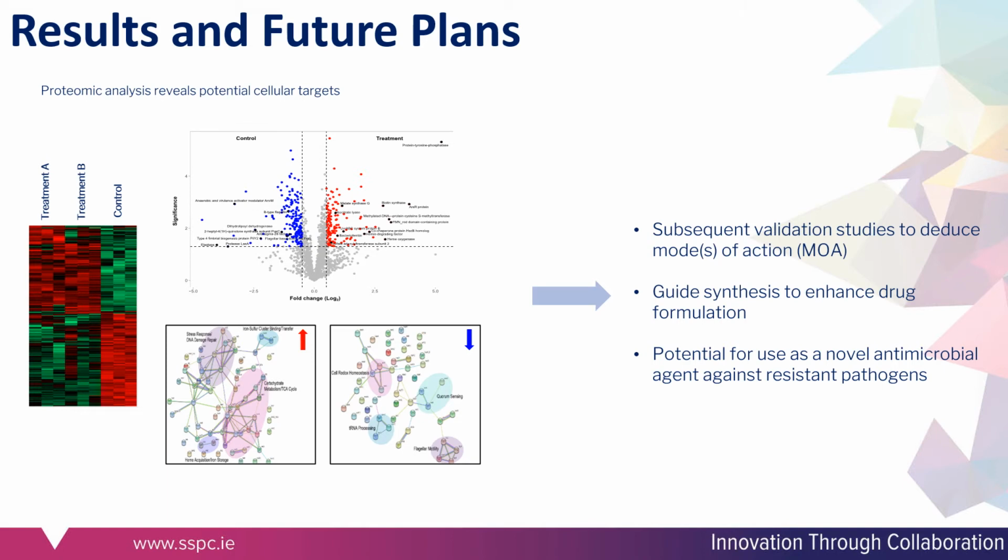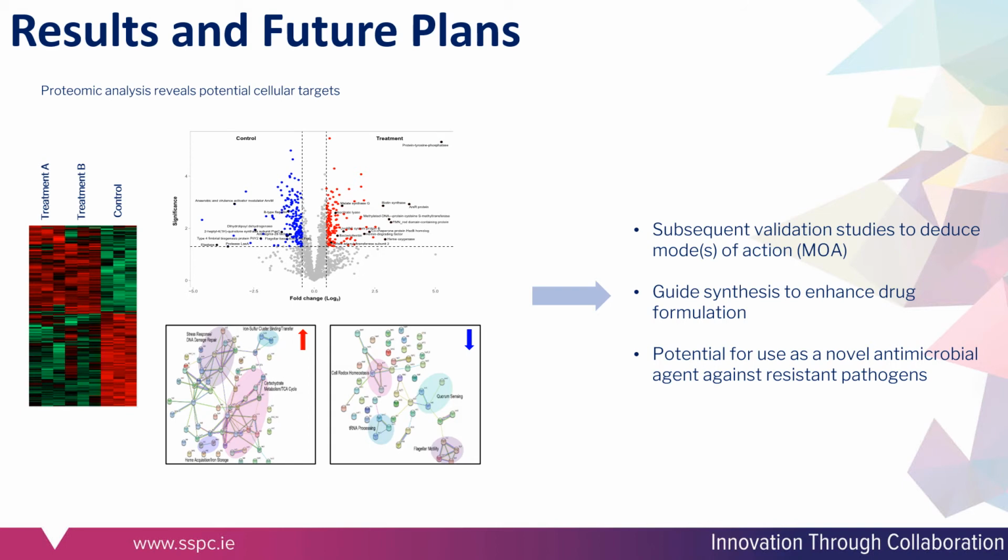The heat map on the left shows the distinct contrast between gallium maltolate treated Pseudomonas aeruginosa versus untreated control samples. Proteins coloured red are those increased in abundance, whereas those in green are decreased in abundance in response to the treatment. The distribution of all identified proteins can be displayed on this volcano plot above, where we can look at specific proteins of interest. Proteins on the right-hand side are those elevated in response to the treatment, whereas those on